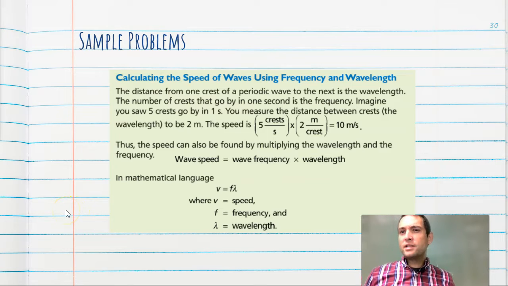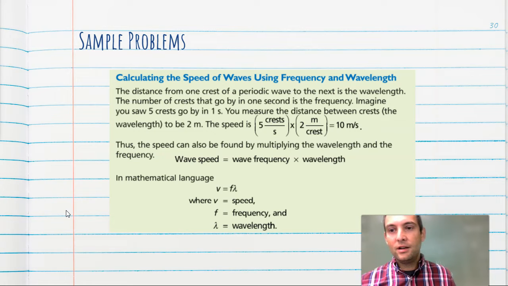The distance from one crest of a periodic wave to the next is the wavelength. The number of crests that go by every second is the frequency. Just imagine if you saw 5 crests go by in 1 second. You measure the distance between the crests to be 2 meters. The speed is 5 crests per second times 2 meters per crest, equals 10 meters per second. So the speed can also be found by multiplying the wavelength and the frequency, or in the equation, v equals f times lambda, where lambda is the wavelength, f is your frequency, and